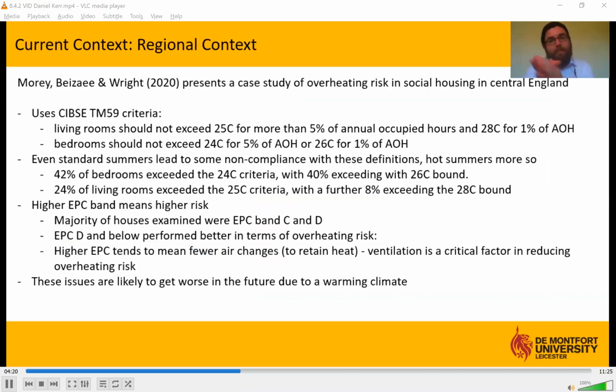For some regional context, we're specifically looking at the East Midlands in this research and cities in the East Midlands, and specifically social housing properties. One of the pieces of literature that was most informative in this research was Maury, Bayesy and Wright from 2020. They found that higher EPC band properties in social housing tend to lead to higher overheating risk. And this is because